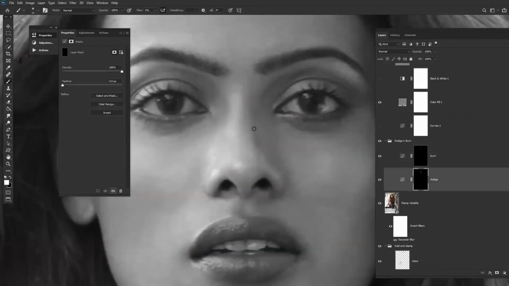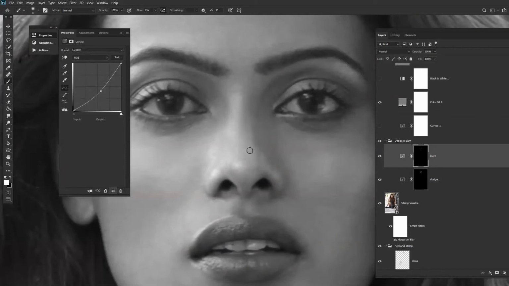Now let's do a little dodge over here, and put a little burn over here to come out with a proper shape.